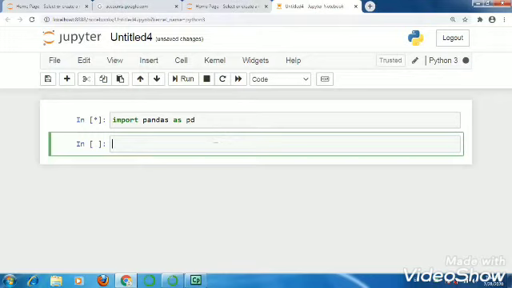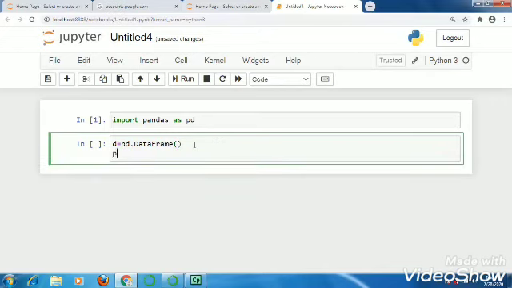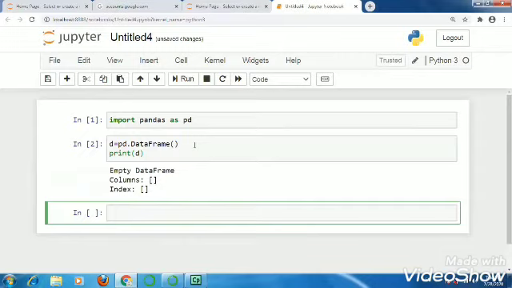So let's create a data frame. Suppose the name of the data frame is D, and for creation I write pd.DataFrame, and inside the brackets, which are empty because I am going to create an empty data frame, and I write print D. So an empty data frame is created.